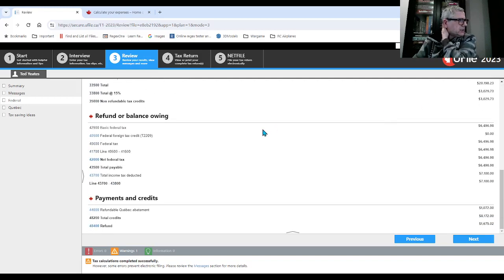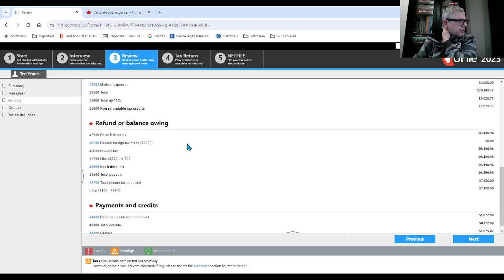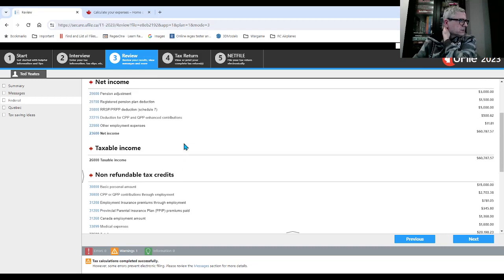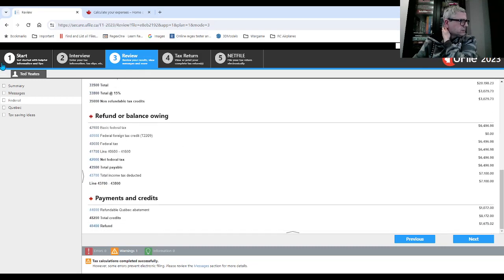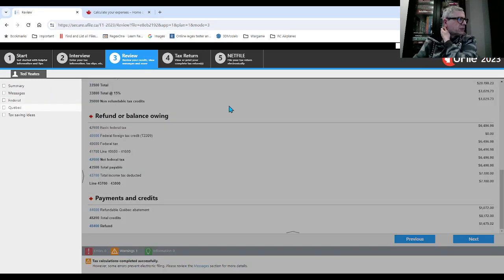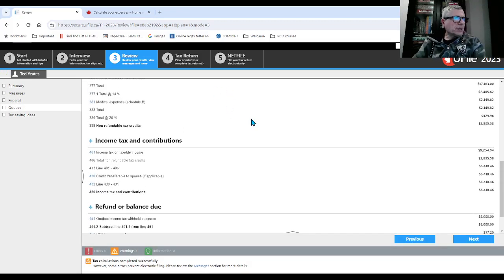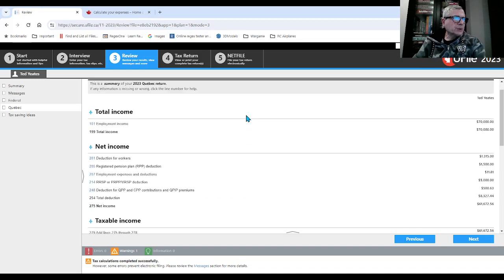Do you get any overpayment of QPP and EI? I don't think so. There might be underpayment. There you go. Everything looks good so far, and I got the proper amount of employment expenses. So there we go. How about Quebec? Quebec is more restrictive with office and the home expenses, but we got the same amount. There you go. Now, ordinarily, you have to go through the tax return, PDF, save, net file.